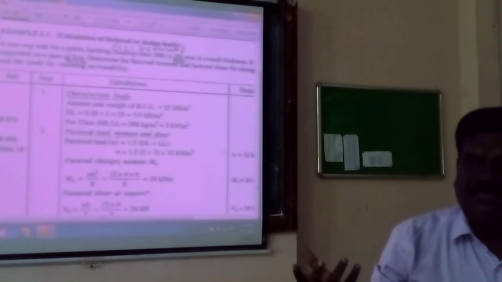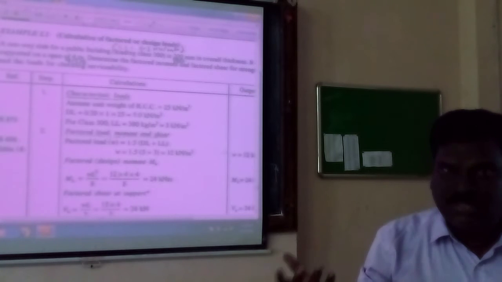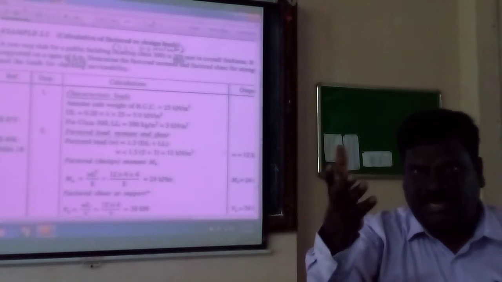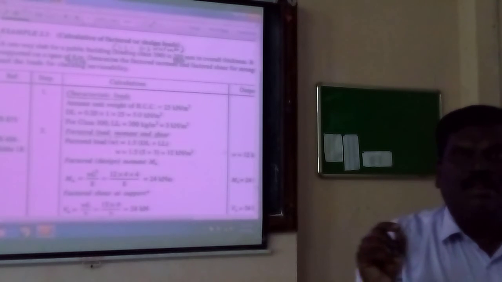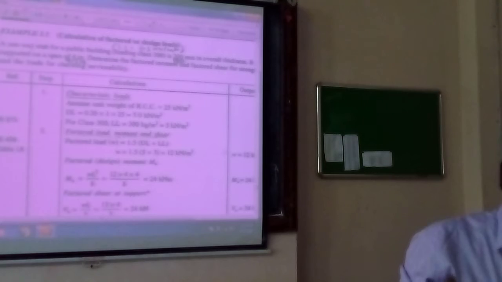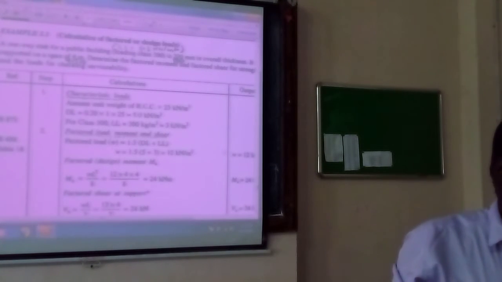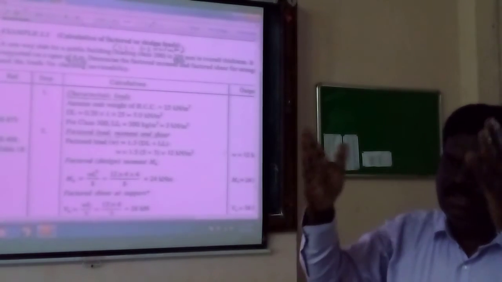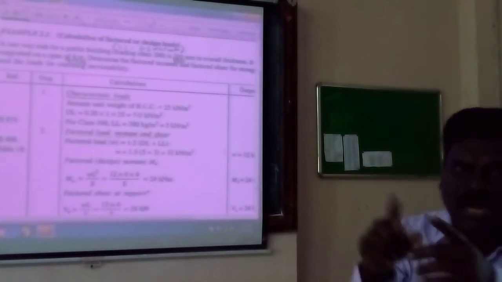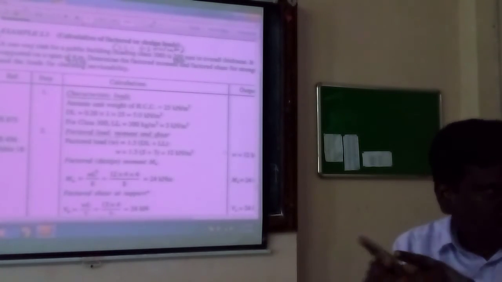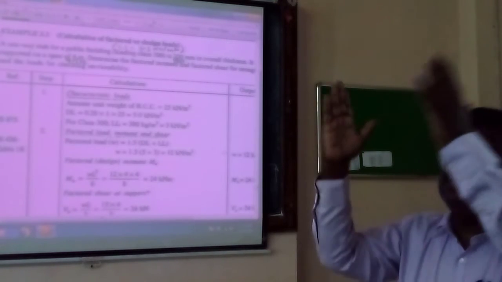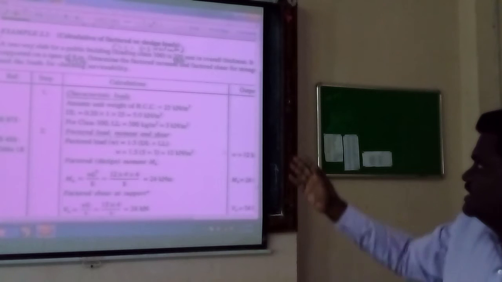So what is the live load on 1 meter square of the slab? 3.5 kilonewton per meter. Write down: 3.5 kilonewton per meter run of the 1 meter wide strip. That's the meaning of it. Either you can write in meter square or not. Initially you can write consider 1 meter wide strip of the slab, and you always write dead load per meter run. Live load 3.5 kilonewton per meter length, the meter run of the slab. That is the meaning of it.